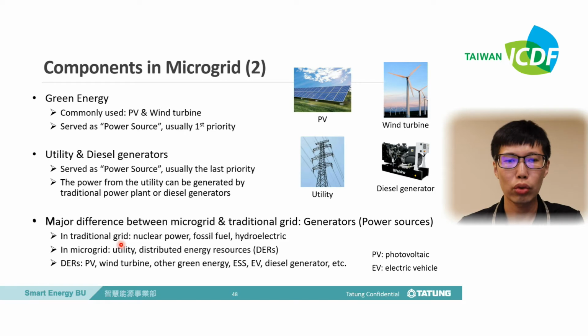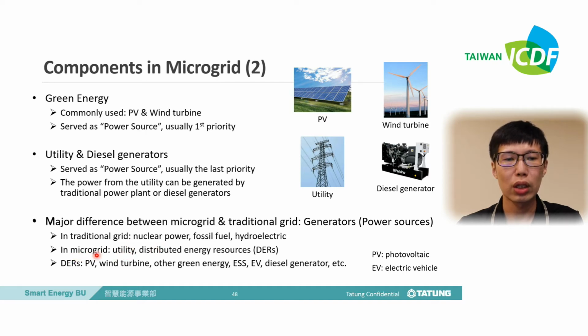In traditional grids, the power source can come from nuclear power plants, fossil fuel power plants, or hydroelectric power plants. And in microgrid, the power can come from the utility, which is the same as the traditional grid. But